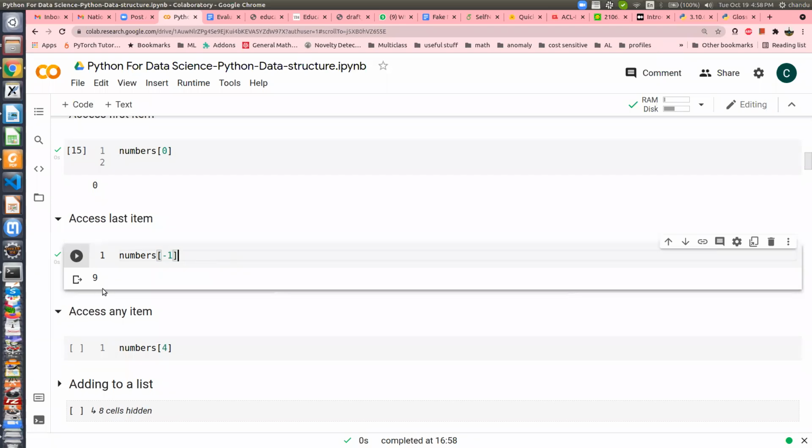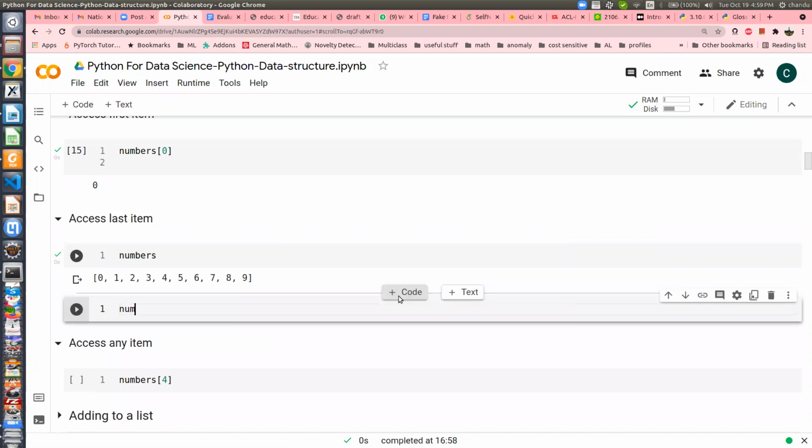Remember the last item in this list was 9. Let me print what this array was. Yeah, so that's my array. So if I say numbers[-2], it will return what?